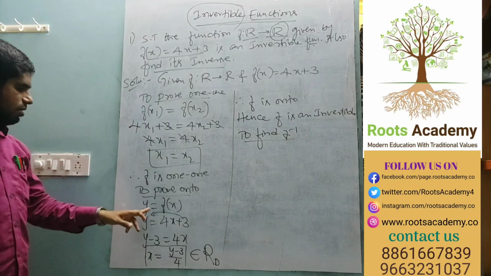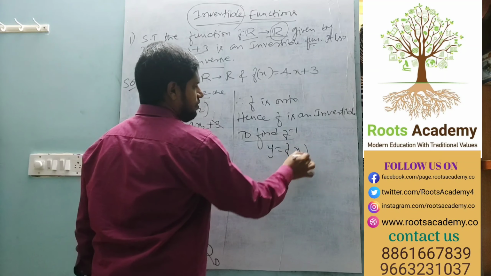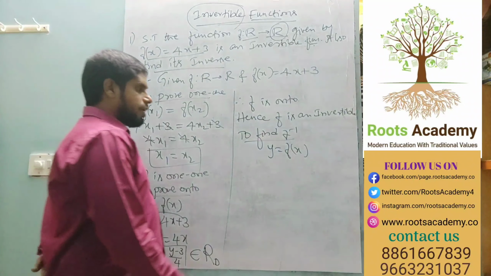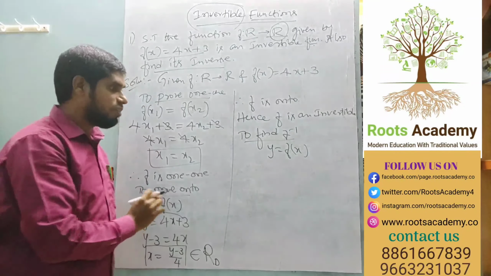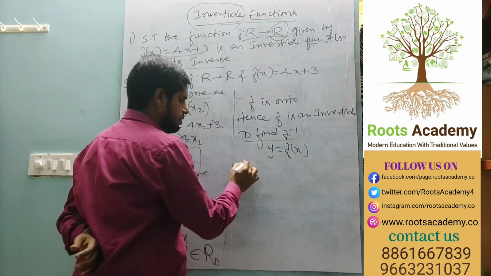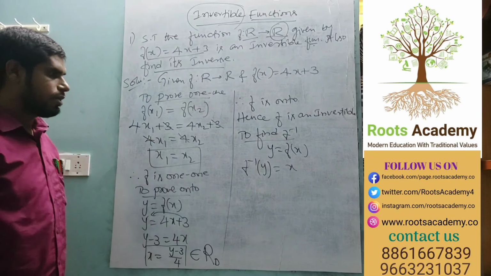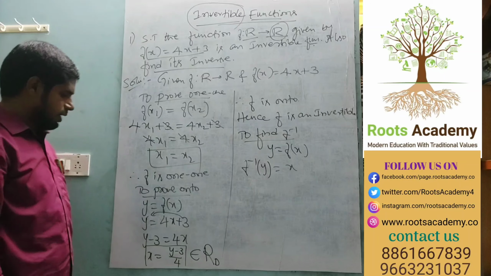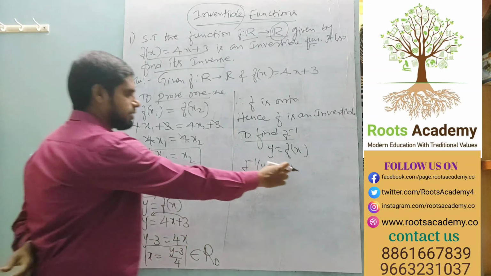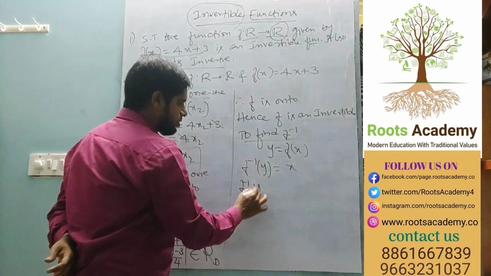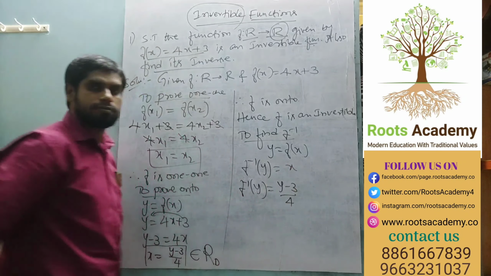we will take the condition y is equal to f of x here. Now student, here just this function f I will shift towards y. Only the function I will shift towards y. So it becomes f inverse of y is equal to x. This x remains the same as it is. Now in onto I got the value of x. Here I have the value of x that I will substitute here. So f inverse of y is equal to y minus 3 divided by 4.